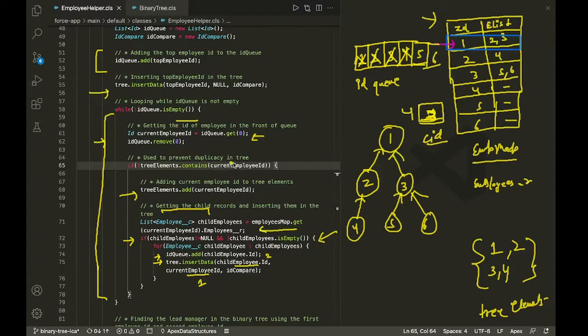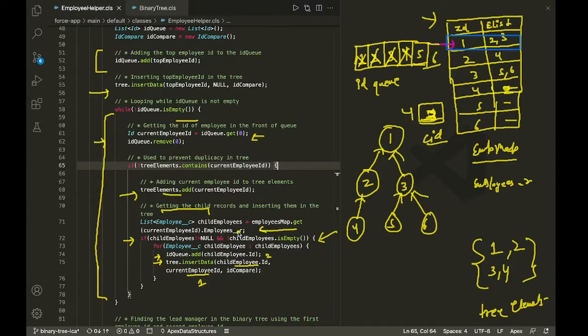So why I'm using this set? The reason for this is because I don't want to process employees more than once. Although that's a rare possibility, just to make sure that I'm not processing employees more than once. For example, let's say I have some problem in the lookups. Let's say 4 is reporting to 2 somehow, so 2 is also getting added to the queue again, and it is again processed, right? So that can be a possibility. So just to make sure that I'm not processing one employee more than once, and I don't have any kind of lookup which is creating a circular dependency in the tree, I'm using this tree element set. Okay, so 4 is also added to the tree element set using this particular statement.